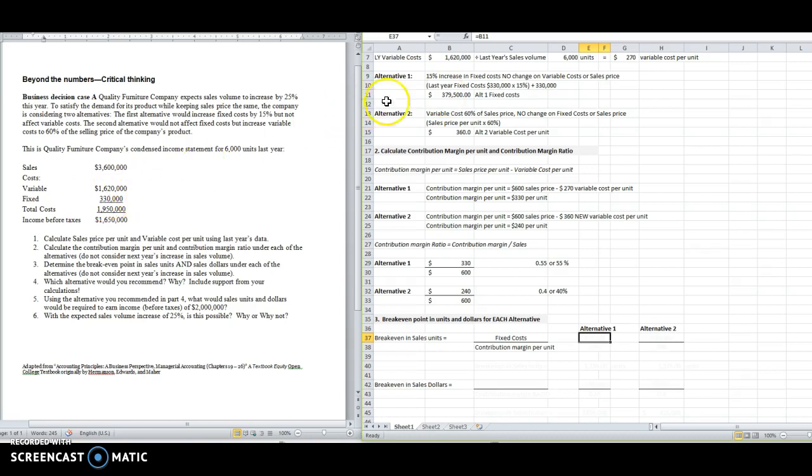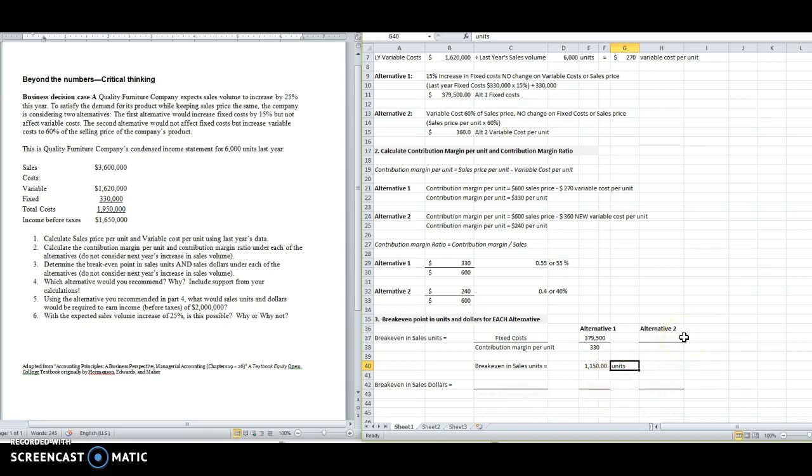We took the original amount and we increased them by 15%, so that gave us an amount of $379,500. The contribution margin per unit we calculated in part 2 at $330 per unit. So that gives me a break-even point of